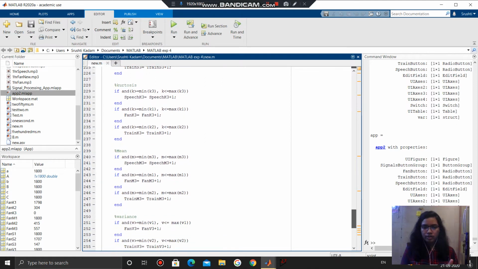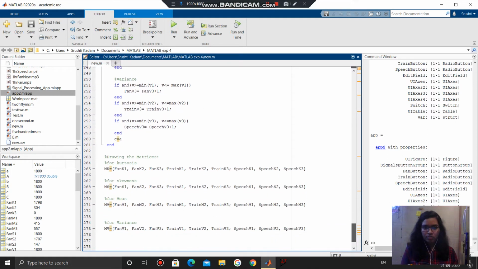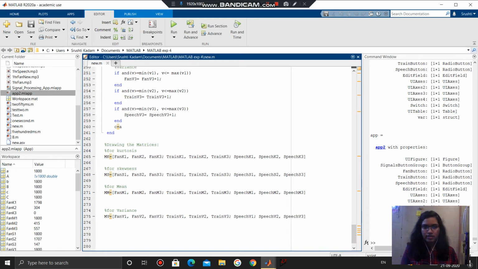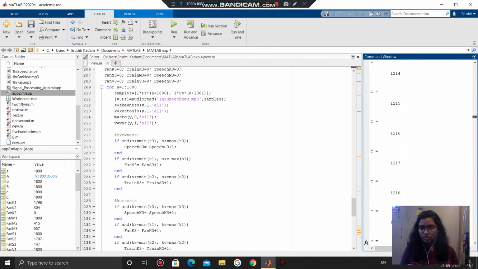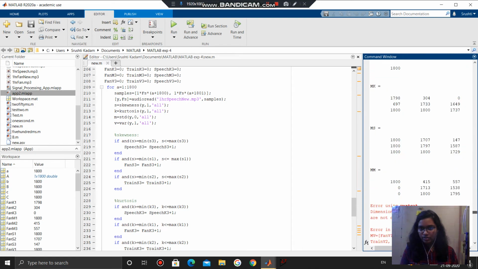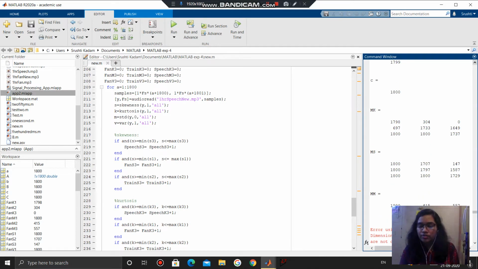After I've gotten all these values, I'll be plotting four matrices: a matrix for kurtosis, a matrix for skewness, a matrix for standard deviation, and a matrix for variance. I just printed these values to check where my code is exactly at. MK is the matrix for kurtosis.